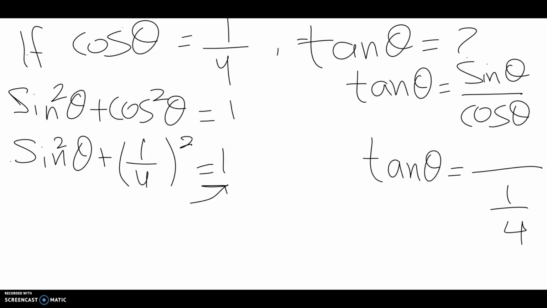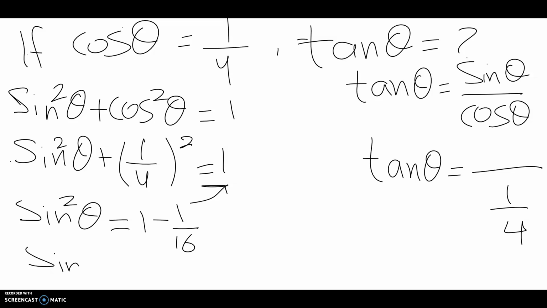It's going to be sine squared theta equals 1 minus 1 over 16, and when you simplify this, 1 minus 1 over 16, it's going to be sine squared theta equals 1 minus 1 over 16 is